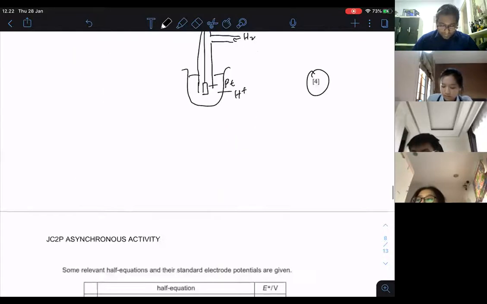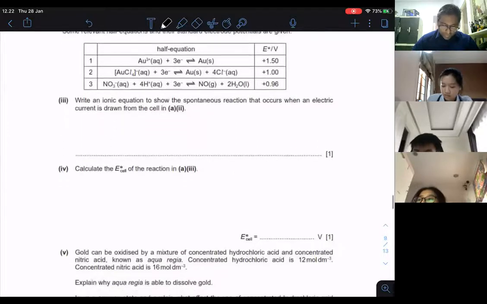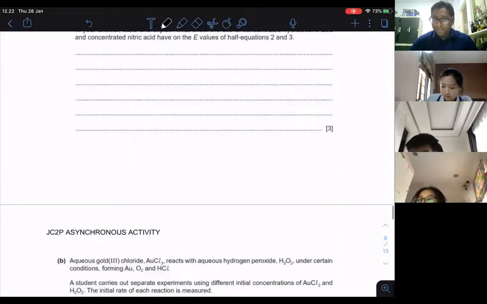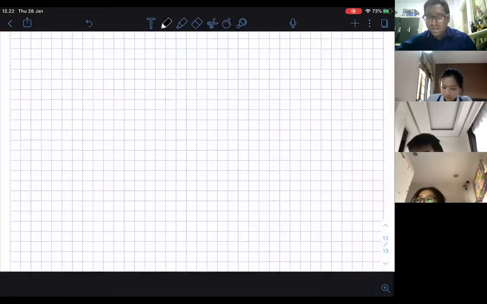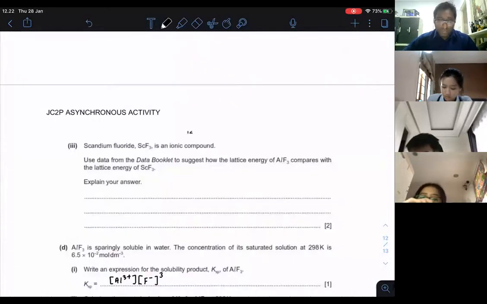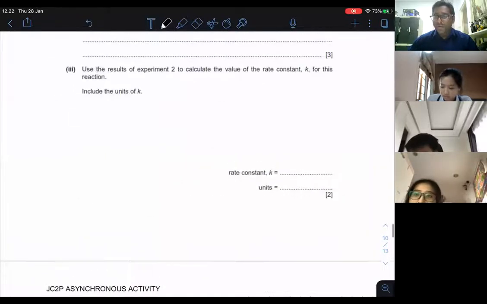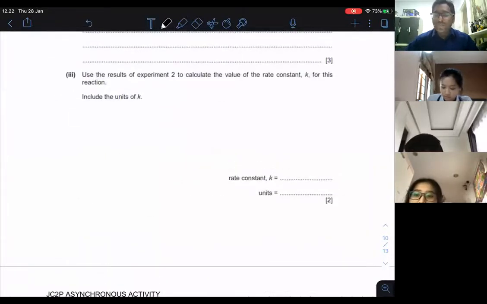Okay, so the others I didn't do yet. You can actually continue with that. Or if you want to join the group, it's already 12:22. You can continue here, or you want to join that group, also fine. Or if you have any questions to ask, you can also